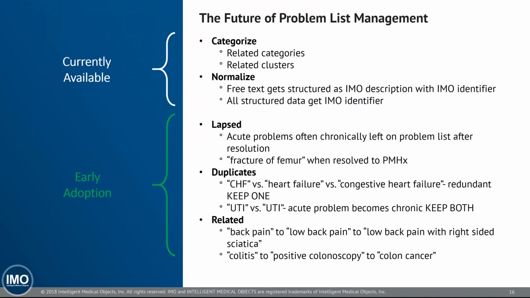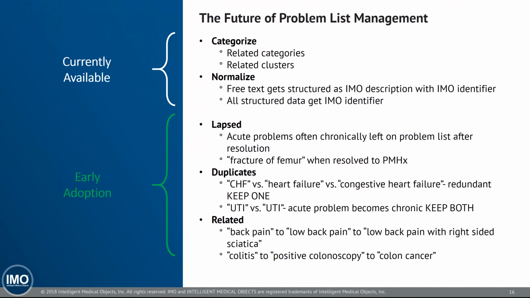The next one, duplicates. You might say, well, duplicates are pretty easy. If you see UTI and UTI, it's a duplicate, get rid of one. It's actually not that easy because, as you'll see, there's what we call conceptual duplicates like Lou Gehrig's disease and ALS, which may not be obvious right off the bat that they are duplicates, but they are conceptual duplicates.